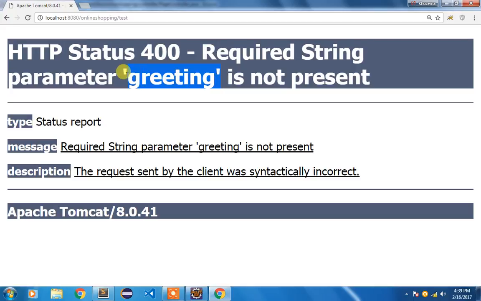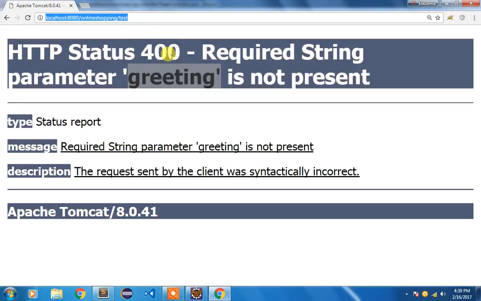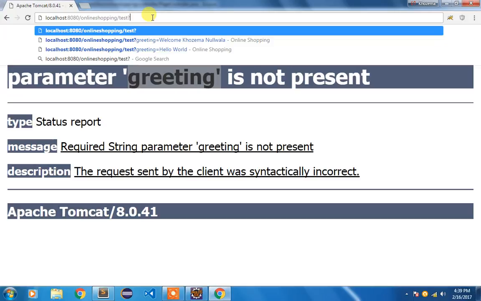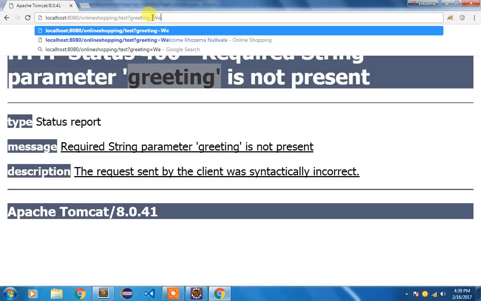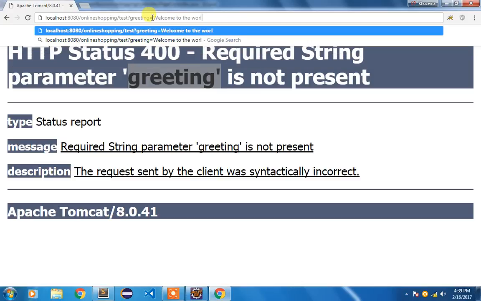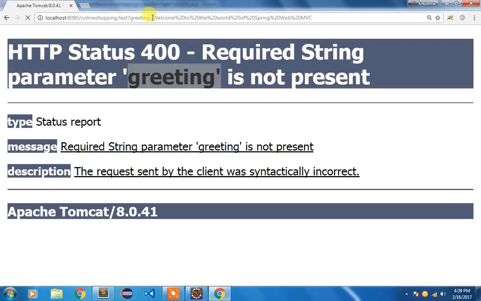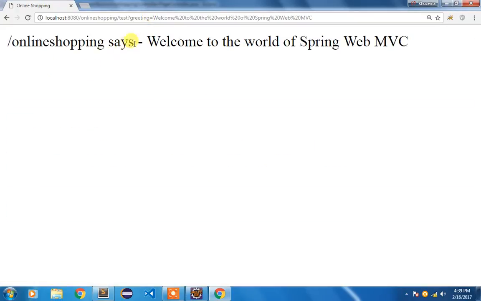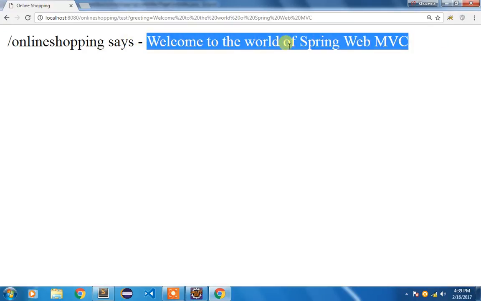So it is saying that greeting is mandatory in your URL, then only it is going to display that page. So I'm going to put a question mark symbol here, and I'm going to say greeting equal to welcome to the world of Spring Web MVC, and press enter. Now you can see I'm getting that page, welcome to the world of Spring Web MVC.